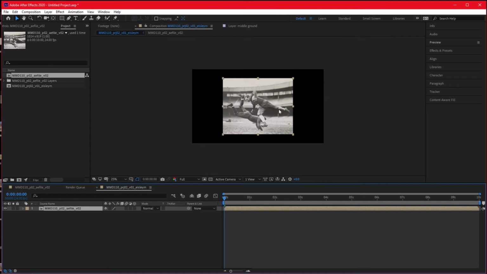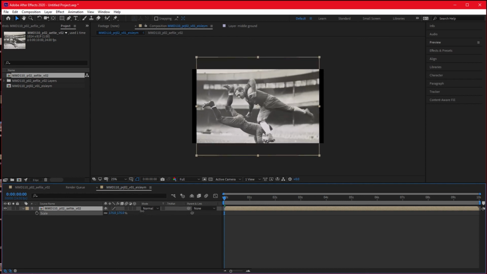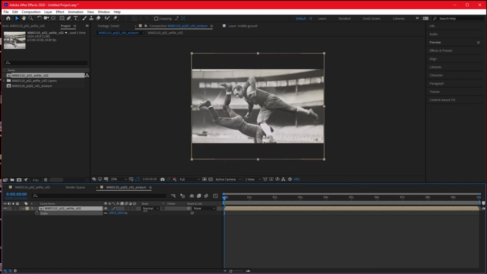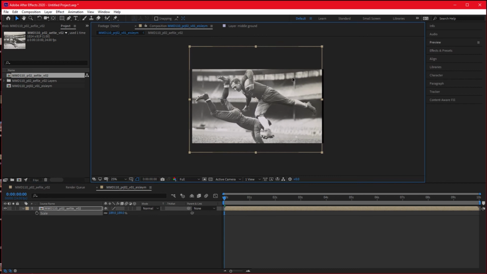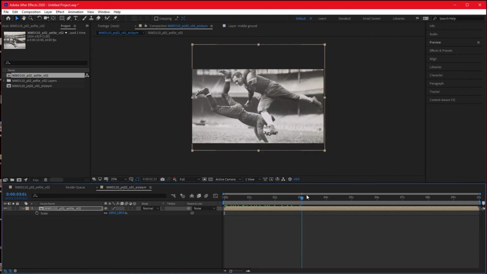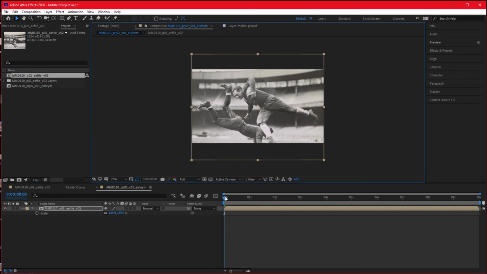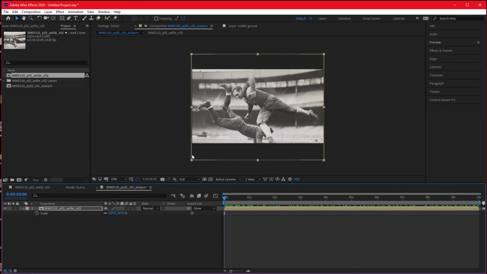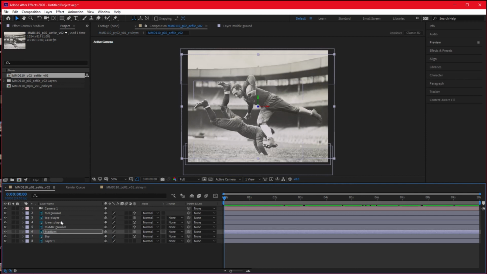I obviously don't want all this black. So just like your layers, you're gonna hit S for scale. And yes, this means things will get cropped. That's fine. I knew it when I chose this image. It was a medium format image. It was a square. I kind of suspected we would get a little cut off. And depending on my camera move, you might have to change some things. And if you want to change things, that's fine. There's nothing stopping you from going